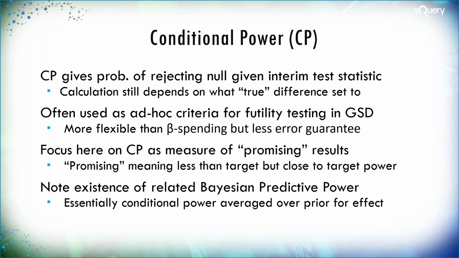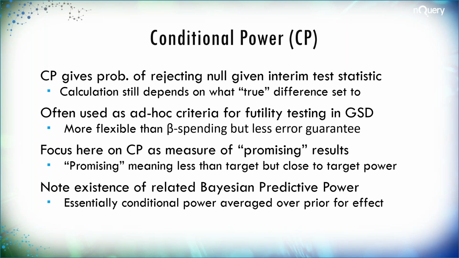But what we're using conditional power for here is not as a measure of whether we're futile or not, but more as a measure of what is promising. So Chen, DeMets, and Lan, who wrote one of the main papers on this type of design, talk about increasing sample size when a result is promising. And promising basically means that based on what's happened so far, you have a conditional power, which remember is your best estimate of what the power would be given what's happened so far,